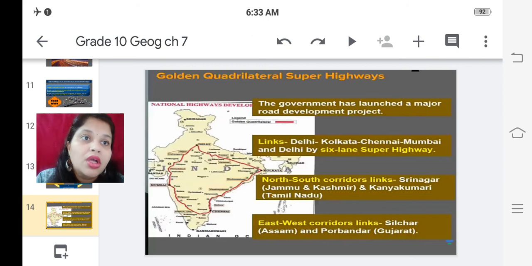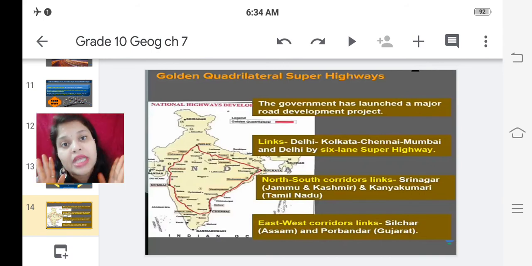Okay, now the government has launched a major road development project, and that is golden quadrilateral super highways. So why has government launched this super highway? To link 4 major cities of our country: Delhi, Kolkata, Chennai, Mumbai. Okay, by 6 lane super highways. तो ये 4 मेजर सिटीज़ को लिंक करता है, इसीलिए उसको क्वाड्रिलैटरल शेप मिला है